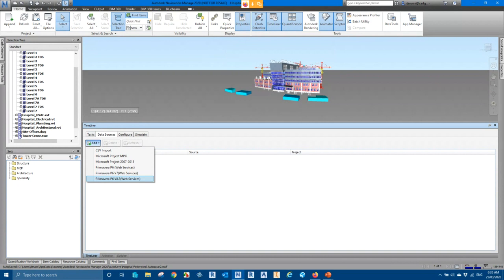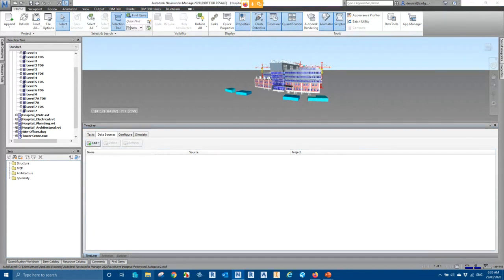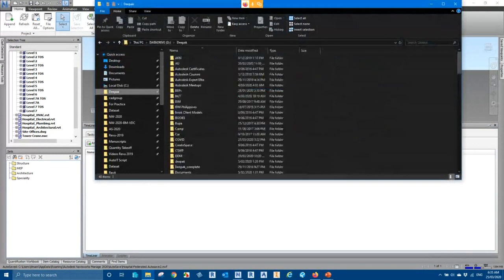Now personally, I'm not a big fan of directly linking these schedules, especially with programs like Primavera, where you need to have the web services maintained, which is pretty hard to do in some cases. Normally, what I recommend is to export a CSV file from your schedule, which is pretty much what I've done here. So if I quickly go to